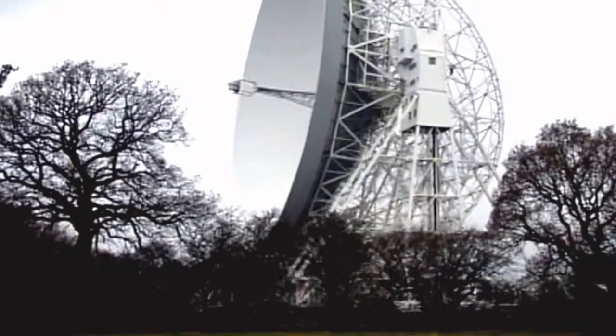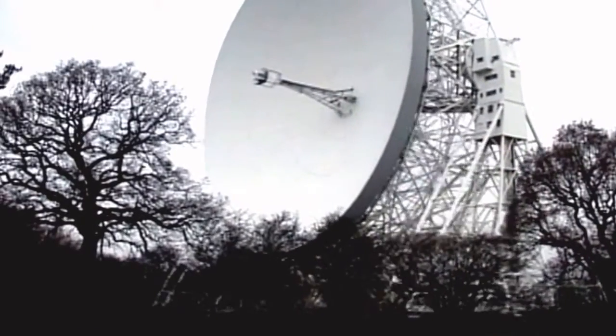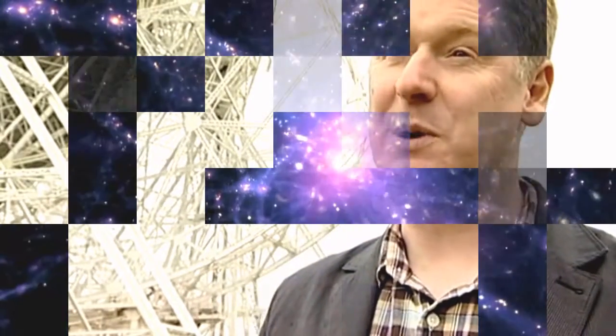Using infrared and radio telescopes also has other advantages. If we had eyes that were sensitive to radio waves, if we had little radio...